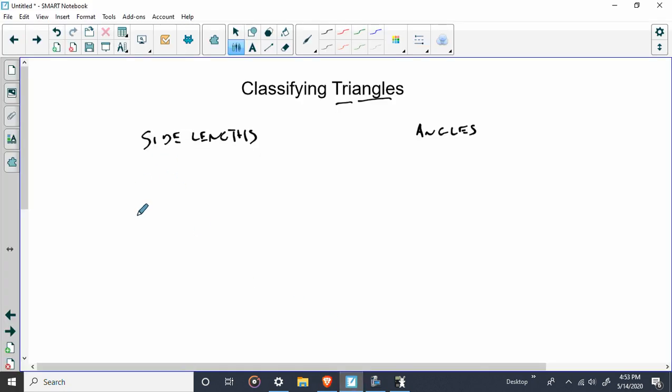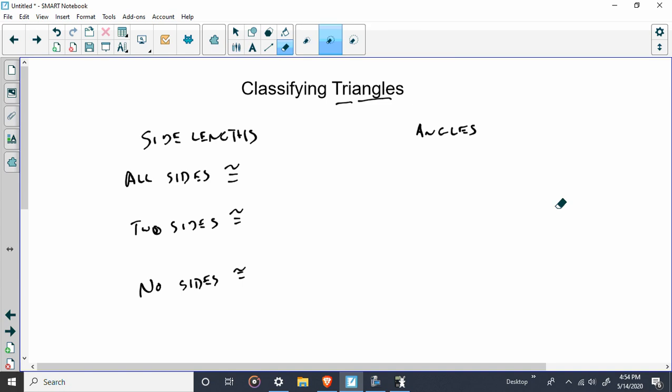Okay. Here's what it comes down to. You can have all sides the same, or all sides congruent, all sides the same length. You can have two sides congruent, or you can have no sides. Okay. So some examples of this: if all sides are congruent, it's going to be what we call an equilateral